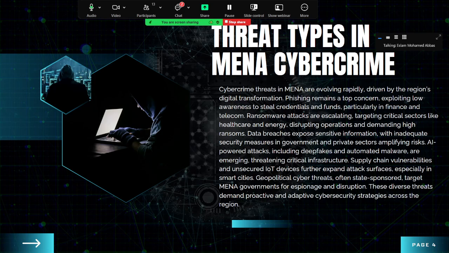Also, ransomware attacks are escalating from phishing. There are a lot of phishing attacks that say click this link or download this attachment from an email, and by default the victim downloads ransomware or a malicious file, and then all of their data is encrypted, and they must pay a lot of money to restore their data, but the data does not come back. So